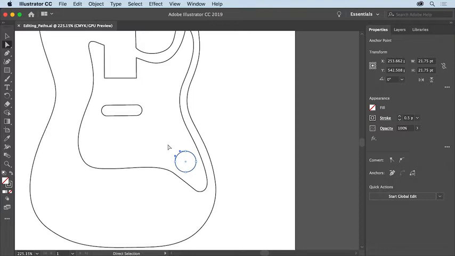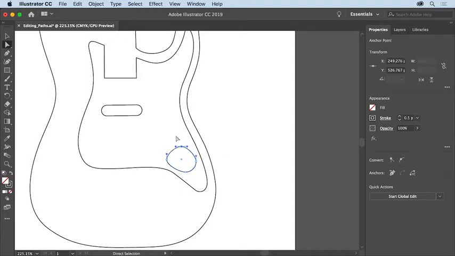You learned about the parts of the path in the first video in this section, Understanding Paths and Curves. Click one of the anchor points and move the pointer away. You can tell an anchor point is selected because it's filled with a color. Then move the pointer back over that anchor point and drag it to see how it affects the shape. You can try that for any of the points in the shape.